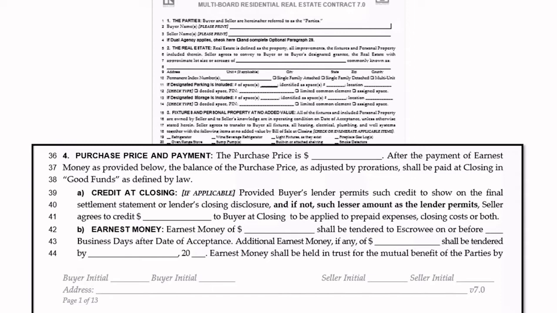And what I'm saying is I'll give you the 1,000 now. I'm going to bring you the other 5,000 or whatever it is after we've satisfied all of the attorney modification, etc. I recommend strongly that you do not put in additional earnest money of 5,000 shall be tendered and then do something weird in there and write in after